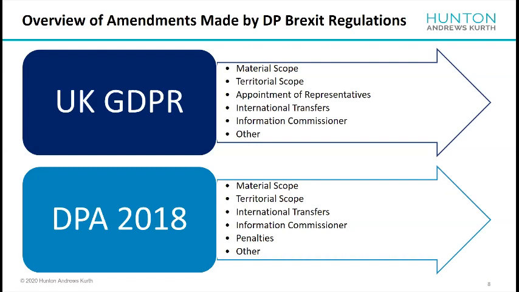As an aside, I just wanted to note that the ICO is currently consulting on how it will calculate fines. Presumably, this is prompted by the recent experience with the BA and Marriott fines. So for anyone who's interested in commenting on the consultation, this is still open until Thursday, 5 p.m. UK time, and you can find the consultation on the ICO's website. It's a short survey, so it doesn't take a great deal of time to complete. And for anyone who is a member of the Centre for Information Policy Leadership at Hunton, we've worked with the CIPL team to prepare a detailed response, and we'll publish this on our blog for everyone in due course.